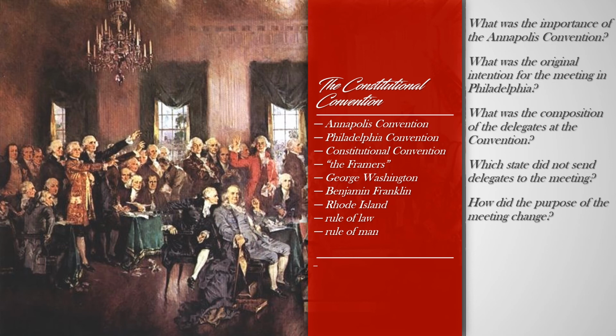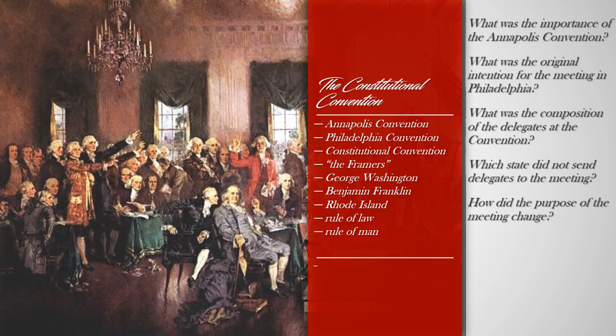55 representatives, known as the Framers, came from 12 of the 13 states. Rhode Island chose not to attend, and they met in Philadelphia in 1787 to look into amending the Articles of Confederation. However, any amendments passed by this body would not be legal without Rhode Island's consent, but that didn't stop them from moving forward. Among the delegates in attendance were Benjamin Franklin, who was 81 at the time, George Washington, James Madison, Alexander Hamilton, and George Mason. The average age of the delegates was an astoundingly young 42 years old.